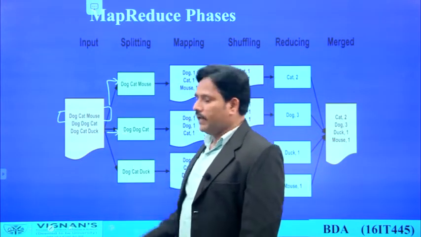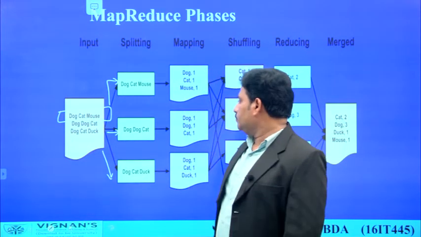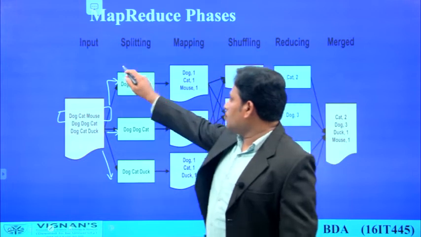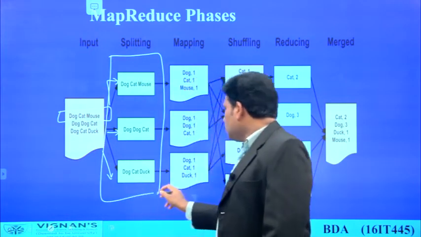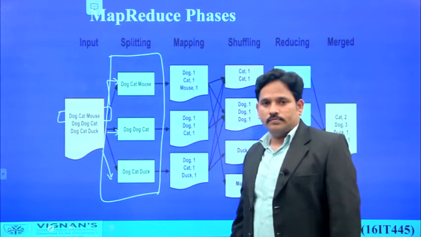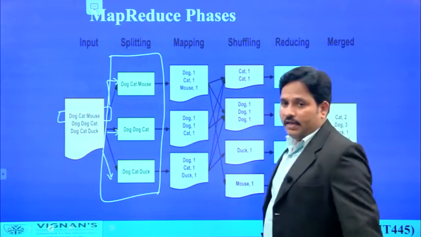Second split will have the second line of data. Third split will have a third line of data. This is called splitting. That means whatever file is having the data is going to be split into smaller blocks or smaller chunks. Now after splitting the data,